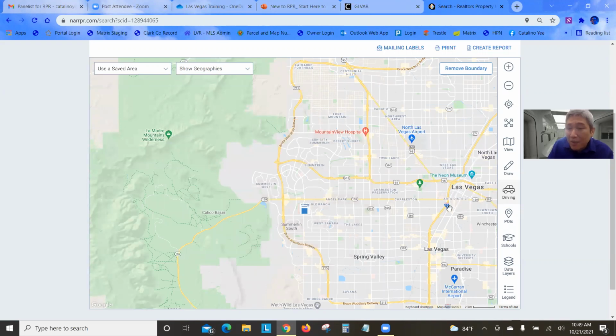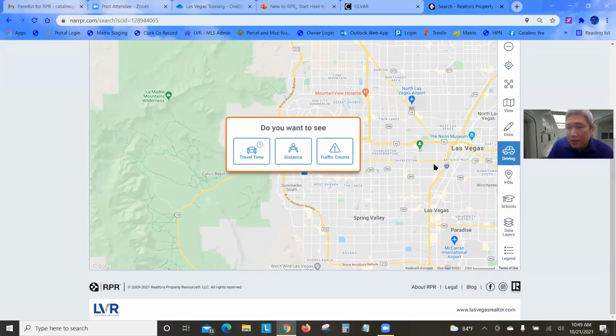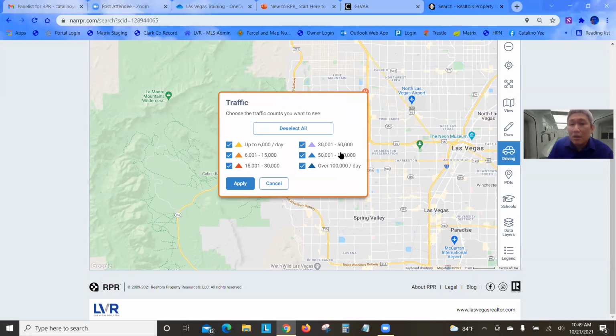So that's driving. But here's a neat thing. If you're doing commercial, I don't know why I keep bringing up commercial, but in commercial, one thing you want to know is traffic, foot traffic. When somebody's looking for a business, they like to open their business in a high traffic area, right? So it's helpful by going into driving directions, clicking the traffic count right here. So you see the yellow, orange, red are the lower traffic. The purple, blue, dark blue are higher traffic. So when I click apply,